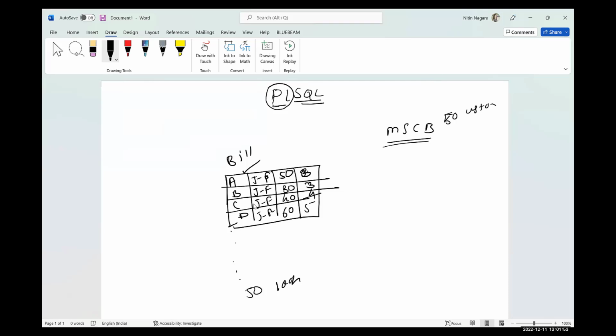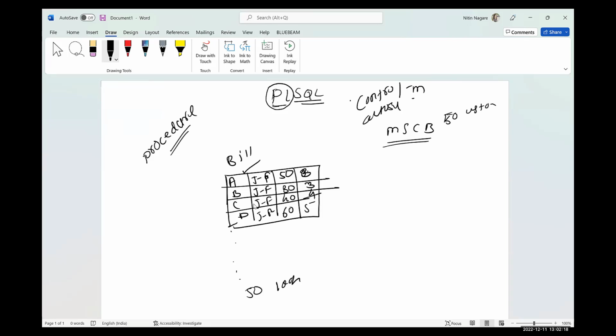So here PLSQL comes into the picture. There are already written procedures. What is a procedure? We will see in PLSQL when we actually learn. So there are procedures written in the background. This procedure is called by a job. There is a scheduling application as well. We have Control-M, which I mostly use. There is also AutoSys.